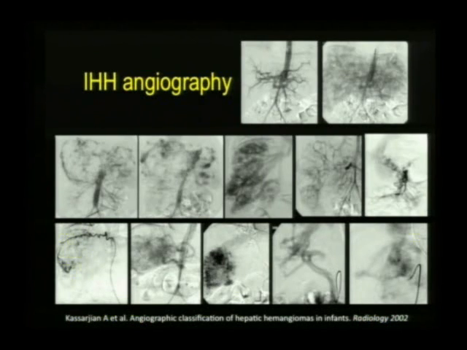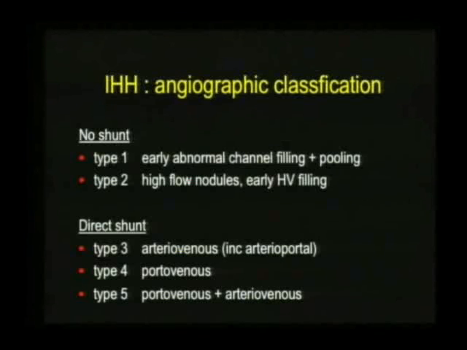And so it can be quite complex, all these patterns, and because of that there's been a recommendation to provide an angiographic classification of intrahepatic hemangiomas. So those into two groups, those exhibiting no shunts and those exhibiting direct shunts. So there's two types, showing early abnormal channel filling and pooling, and type 2 with high flow nodules and early